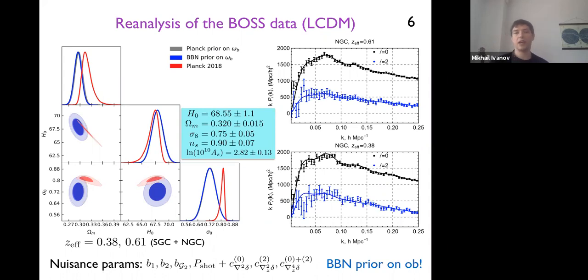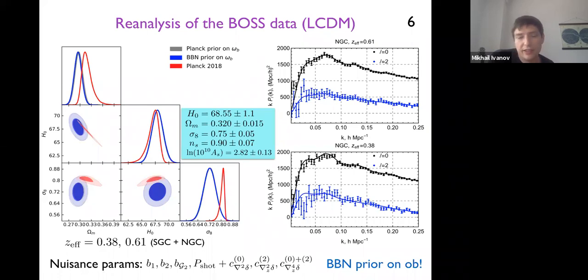And having fixed the model to be based on lambda CDM, we fitted the parameters of this model to the data. And having fixed the BBN prior on omega baryons, on the physical density of baryons, we're able to measure all the remaining parameters of lambda CDM, including H0 and omega matter.